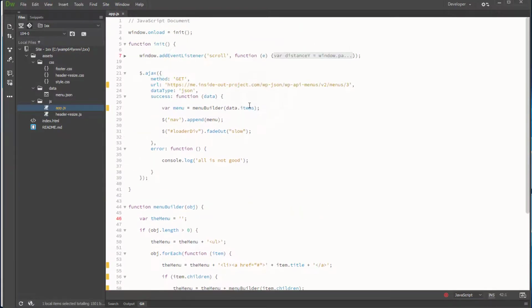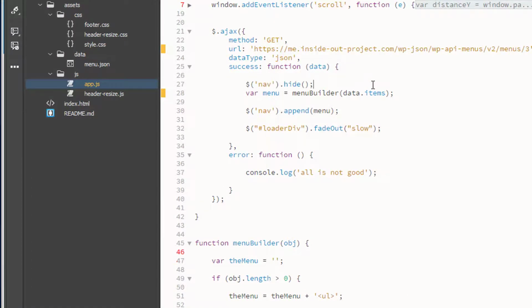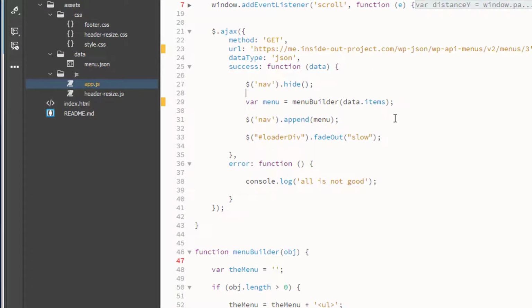The way that we do that is we can come up here, and the first thing we want to do is hide it. We want to make sure that it's tucked away, that there's nothing up there. So we're going to say nav hide. What that'll do is just tuck it away. We're going to allow that to stay there. We're going to grab our